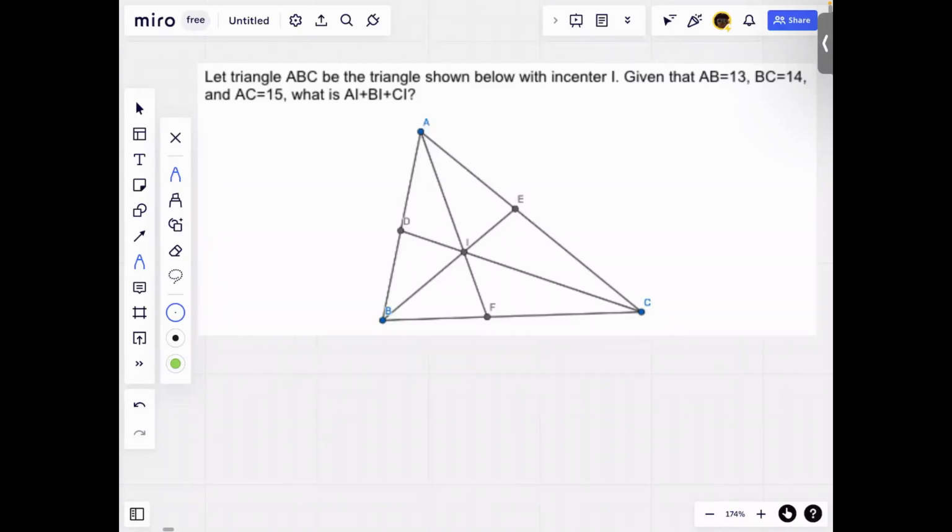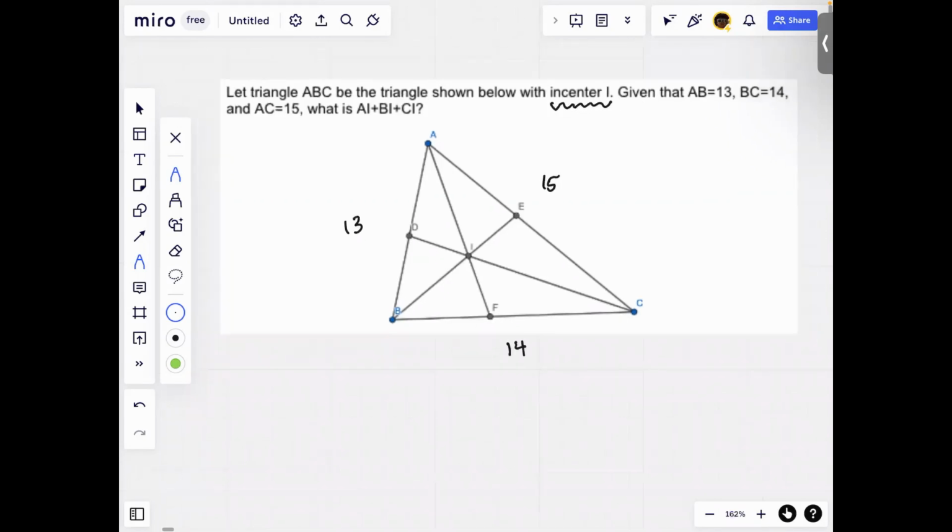So the problem says let triangle ABC be the triangle shown below with incenter I. Given that AB is 13, BC is 14, and AC is 15, we want to find AI plus BI plus CI. So the incenter is the intersection of the angle bisectors. So in this problem